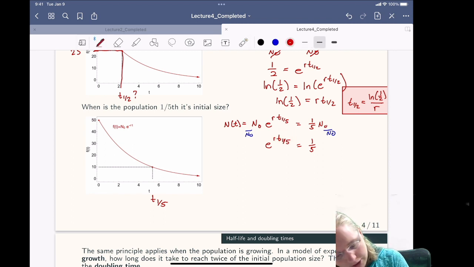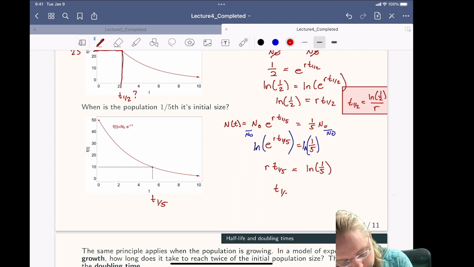Well, we have to take the natural log of both sides, and we end up with the e and the natural log canceling. So we have r times our 1/5 life is equal to the natural log of 1/5, which means that t is equal to